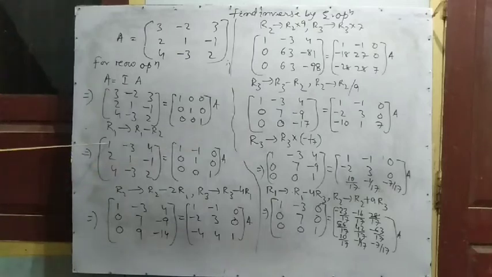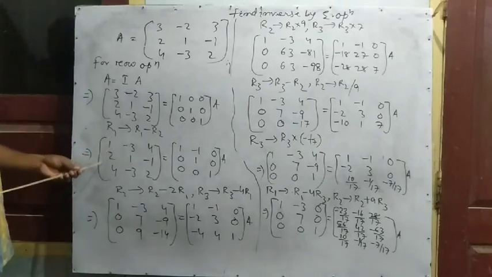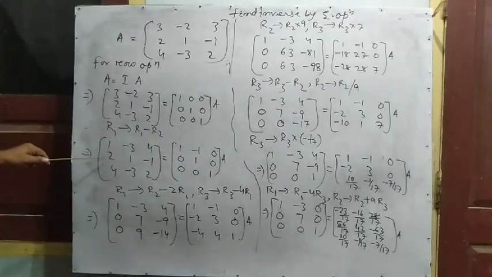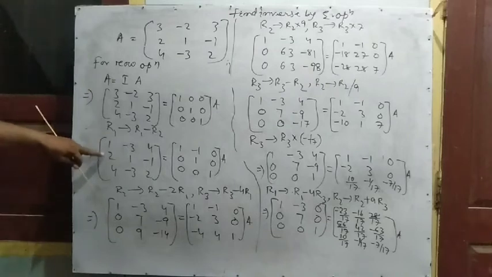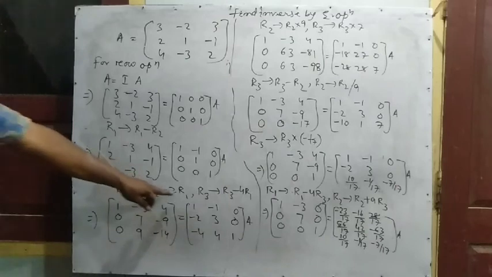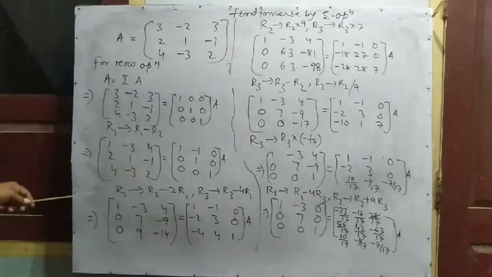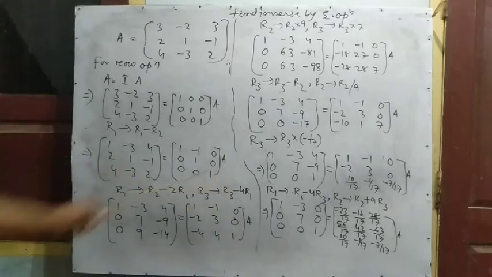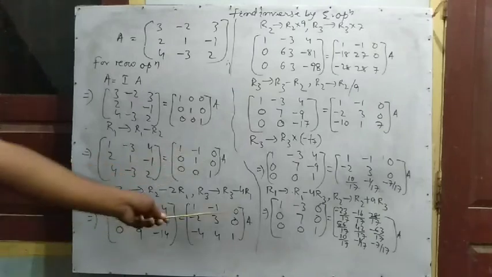So after converting this one, you look at, very important here. After converting this one into 1, at a time you convert these 2 into 0. You look at, row 2 changes, row 2 minus 2 times row 1. This becomes 0. And our main theme is we have to convert this one to 0 and this one to 0. Row 3 changes, row 3 minus 4 times row 1. Here written. So row 1 remains unchanged, 1 minus 3 and 1 1. This one you write similarly.